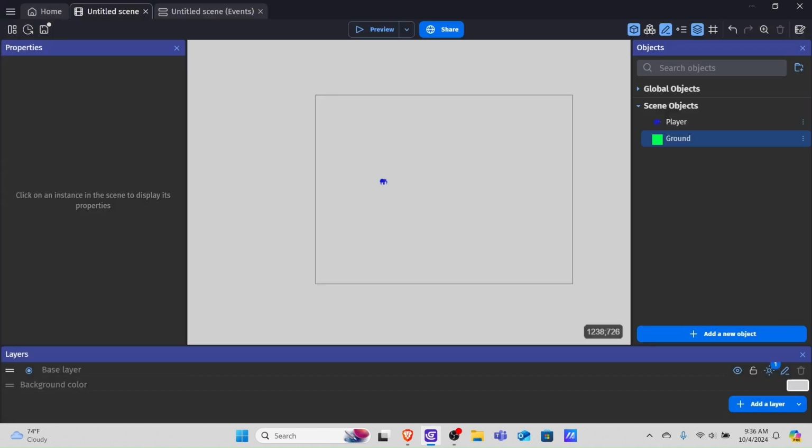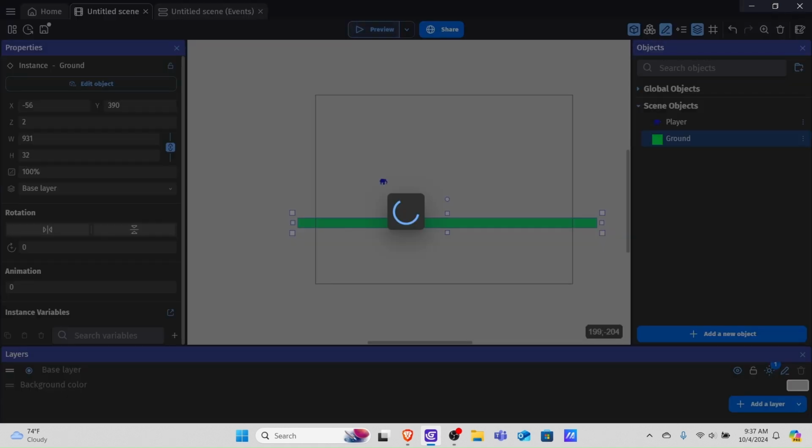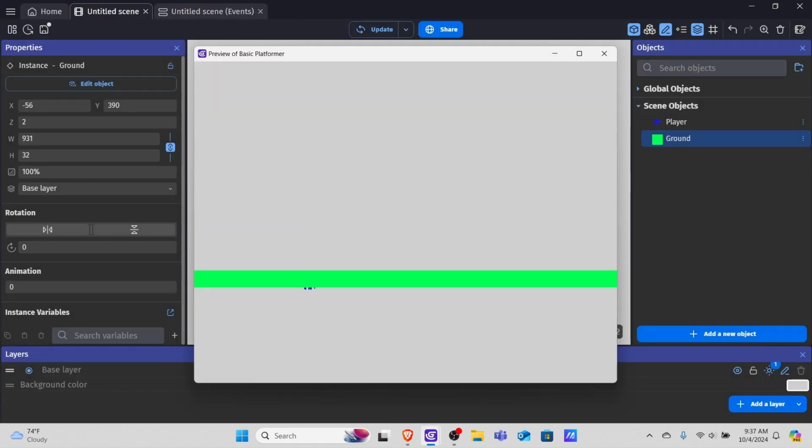Now, if I hit apply, and then drag it onto the scene, I can click it and stretch it out using these nodes. And if I preview this now, we'll still have an issue. Our player will completely fall through the ground, and that's because we have to add a platform behavior to our